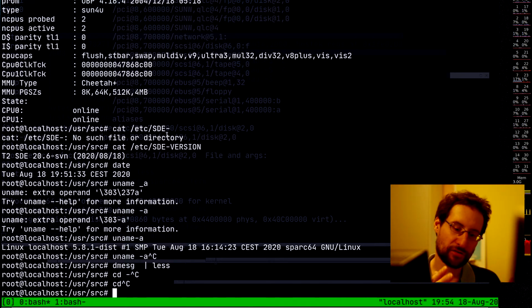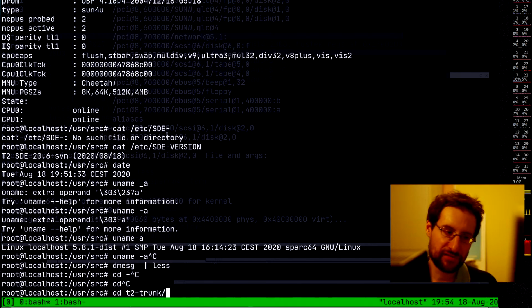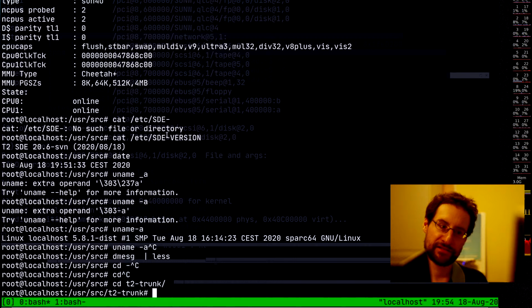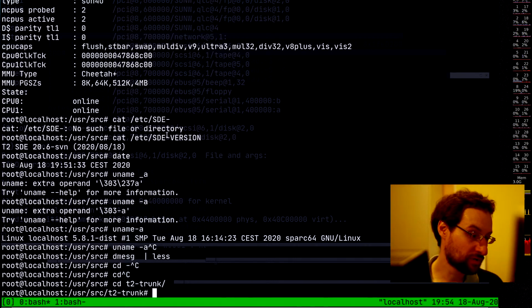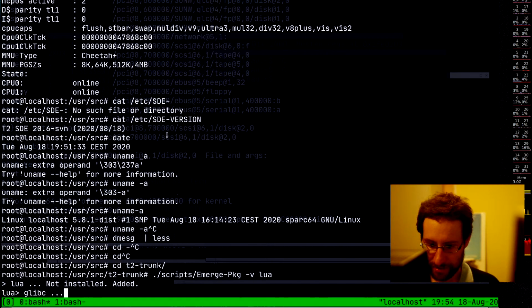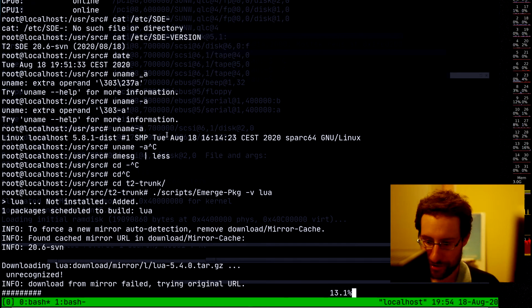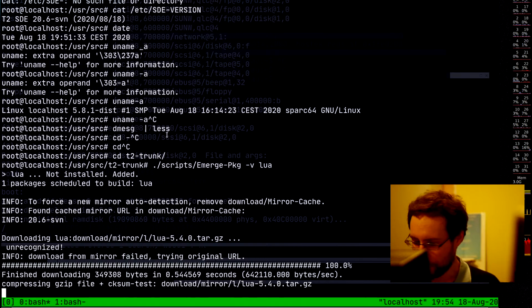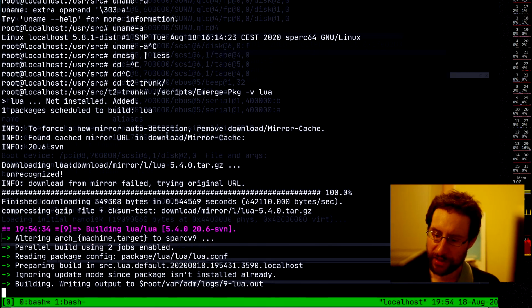Not that much fun, because compiling stuff locally with this dual 1.2 gigahertz UltraSPARC is, I would call it, the threshold of usability in this day and age, because when you emerge something here, it at least eventually finishes. Otherwise, of course, we cross-compile everything on the epic thread-ripping AMD Ryzen 3950X. But for local stuff,